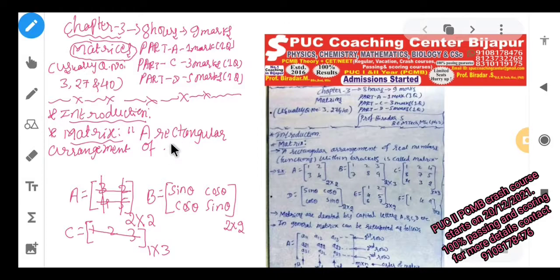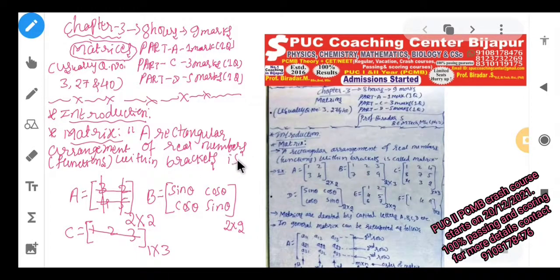Arrangement of real numbers, within the bracket I am going to write here, or else real functions may also be. Okay, real numbers or else real functions, where we write them, within the bracket. Mention that, that is the most important, within brackets